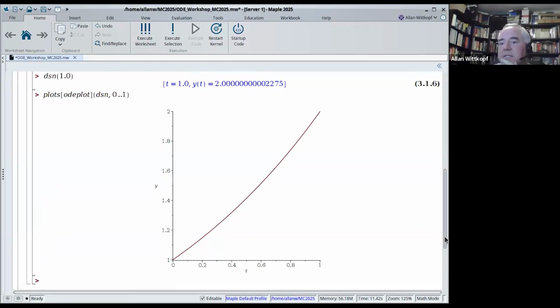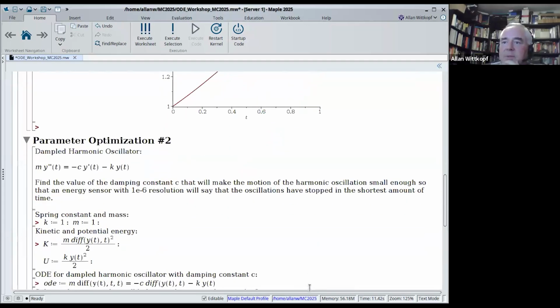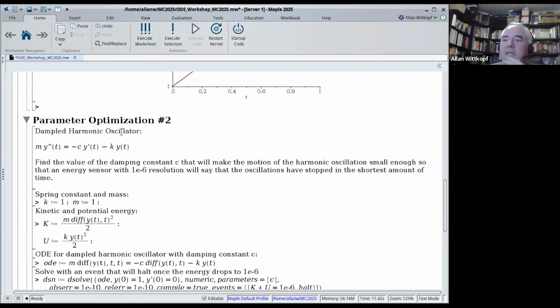So this is quite a toy problem. Okay, a little bit more complicated. I'm going to use the damped harmonic oscillator as an example. So this is our equation here. Mass, the damping constant, and the spring constant are all inputs, all parameters of this equation. But we're going to look at a specific problem and say, find the value of the damping constant so that the harmonic oscillation